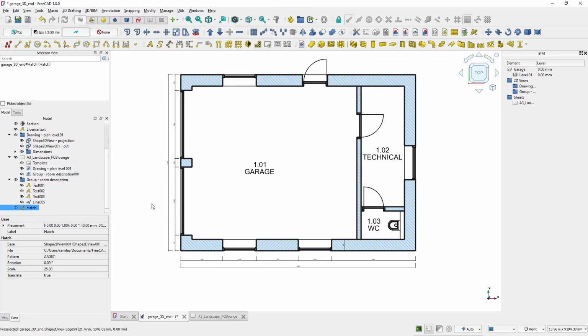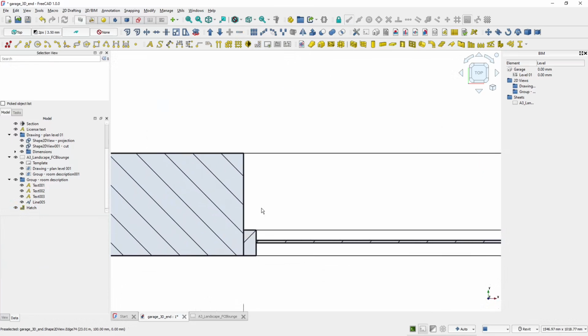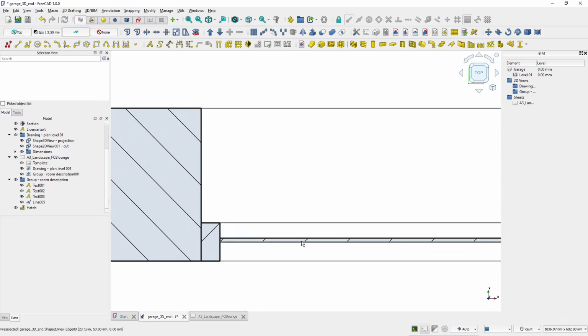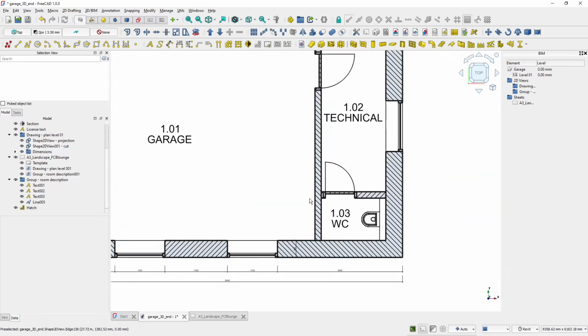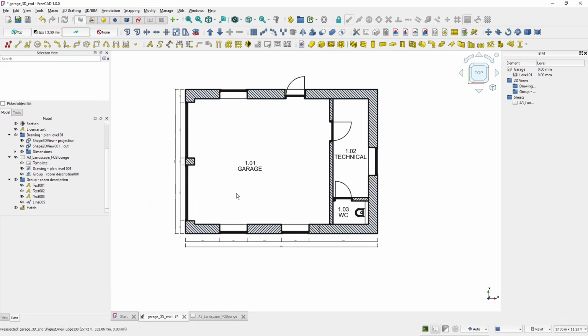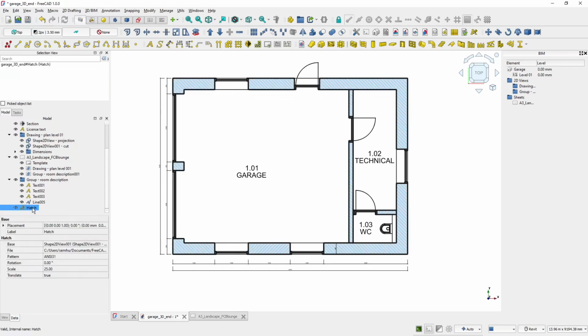But here you can see, if I zoom in, what the problem with these hatches is, that also these window frames are hatched, and also it's quite common that not all of the walls are hatched in the same way, because these interior walls are a different type of wall than this exterior wall. So this is not really a solution to create a hatch out of the whole cut. So I will delete this hatch object,